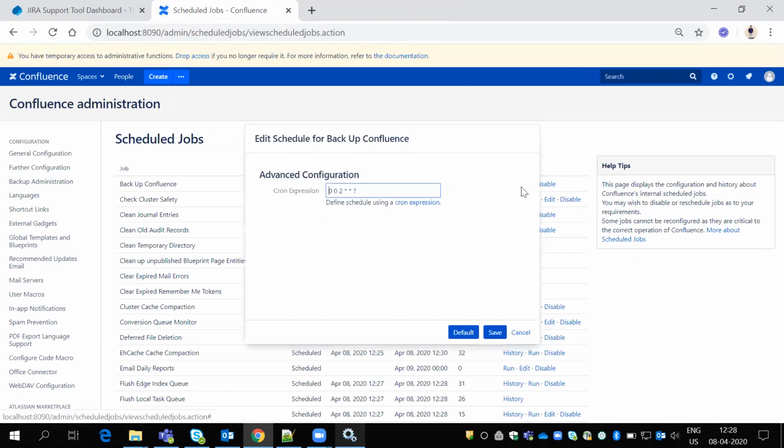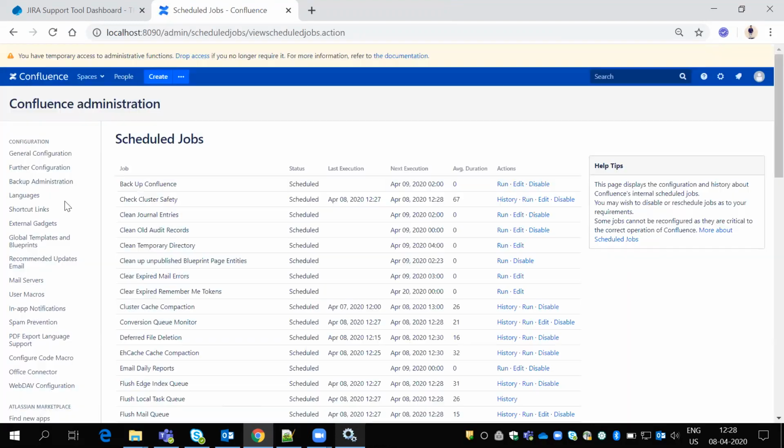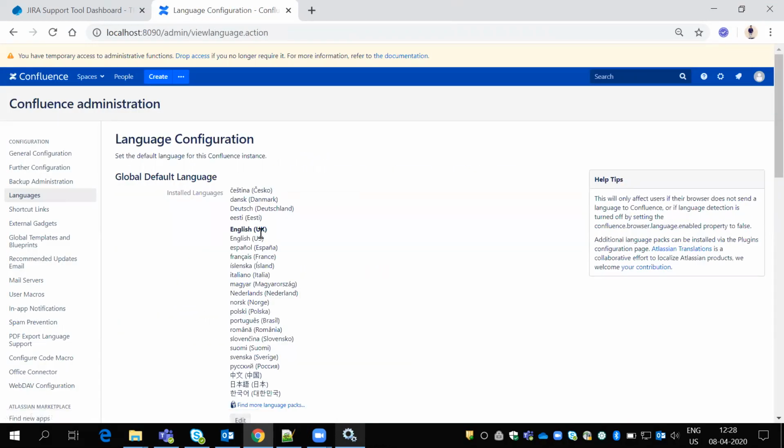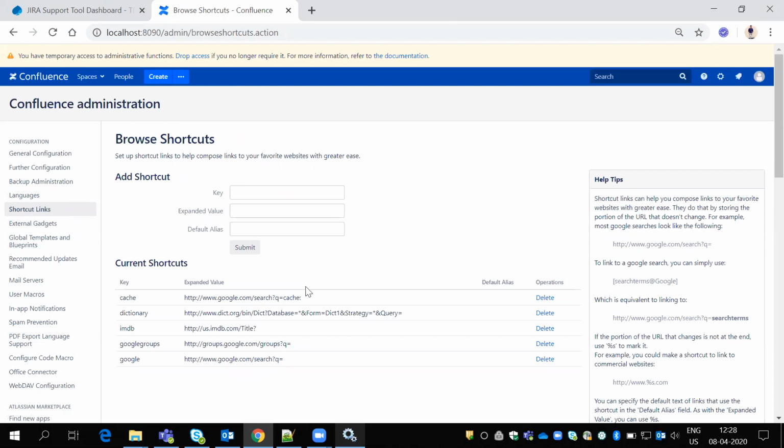So it takes backup automatically. Next is language. We are using English UK. If you want to change it, we can edit it. Next, shortcut links.